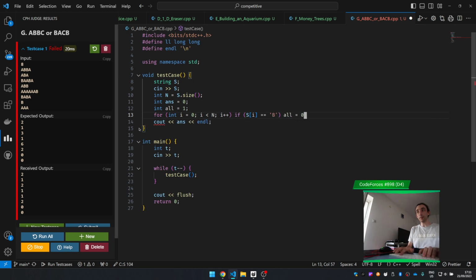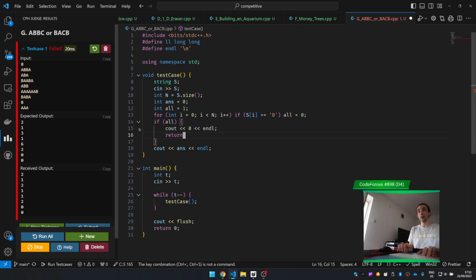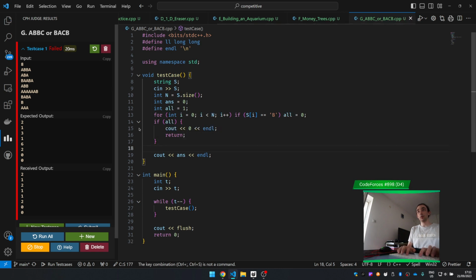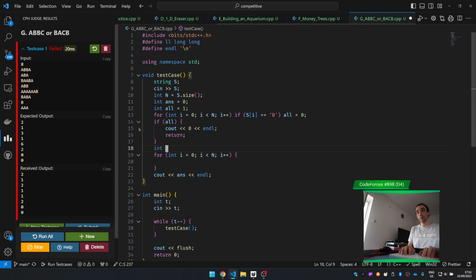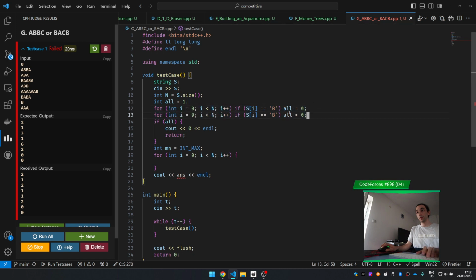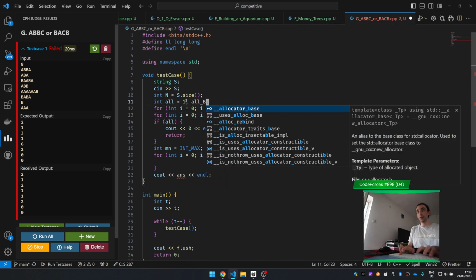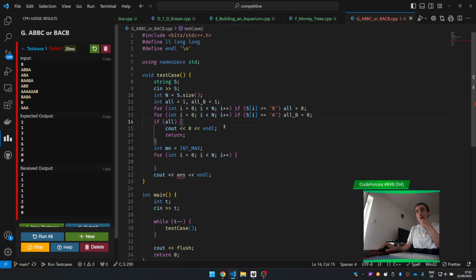If there's at least one B, if all of them are A's, then there's 0 changes made. Okay, so now consider there's one B, then all of the A's until that B. What if they're all B's? So if there are all B's, if they're